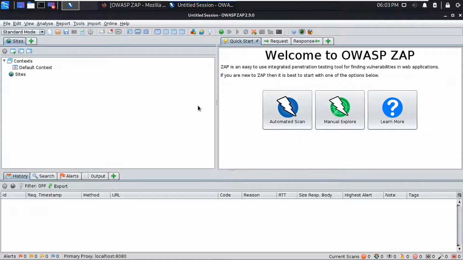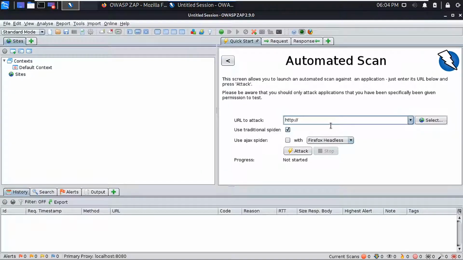And this is the home interface of Zap, and there are two options available. One is for automated scanning, and another is for manual explore. This manual explore option is for getting deeper into a website, but for us, let us start with the automated scan. So let us use this to scan a website.